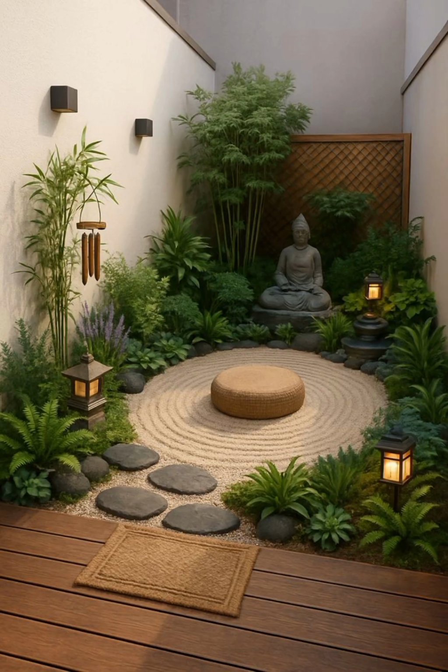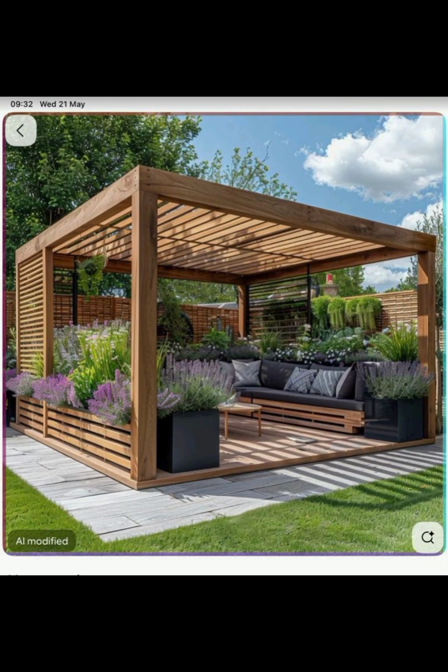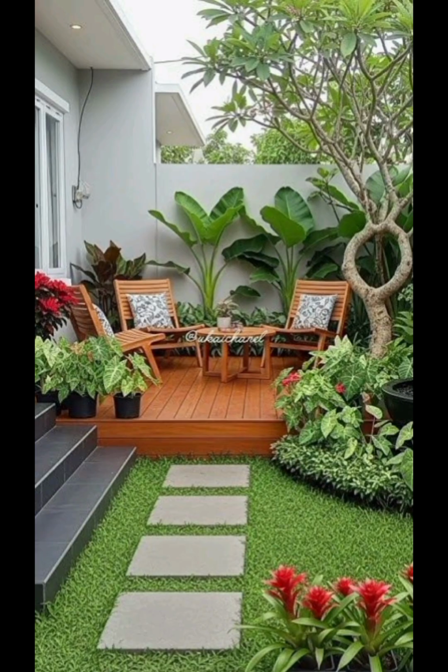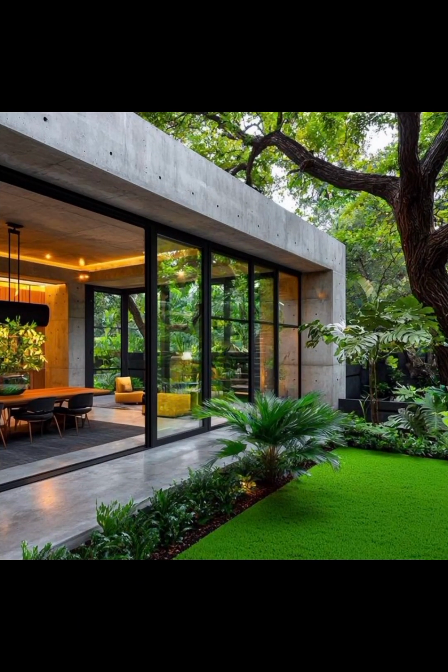Hardscaping. Incorporate hardscape elements like pathways, patios, walls, and decorative features. Use materials that complement your garden style. Focal points are those that